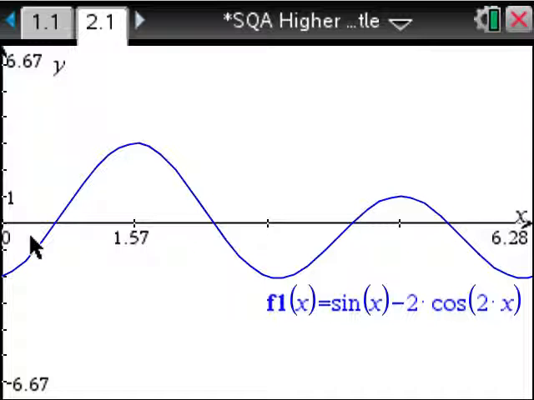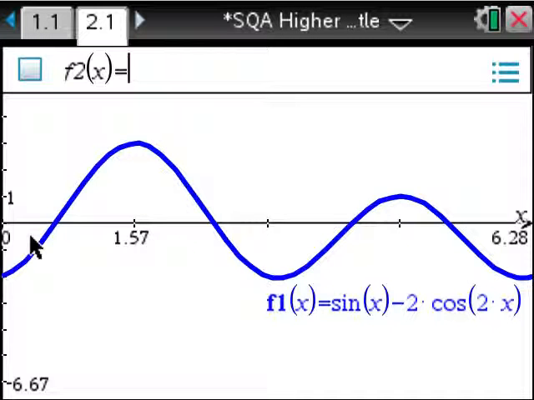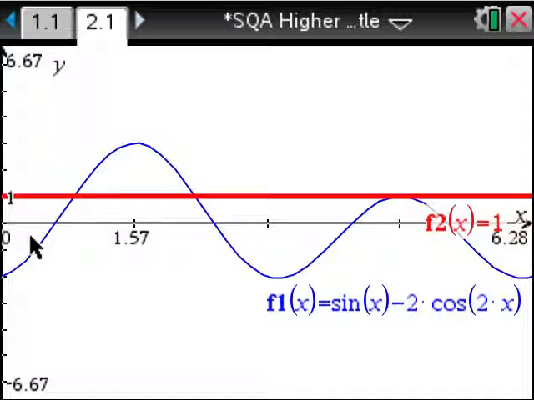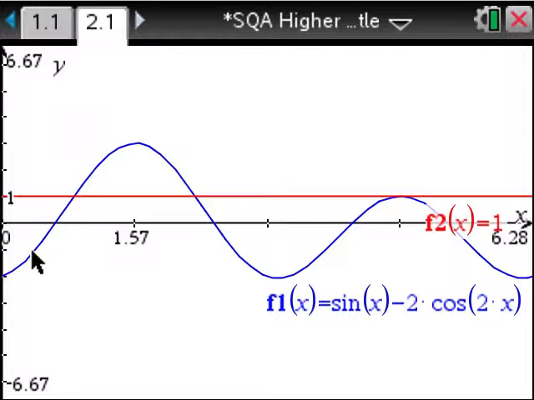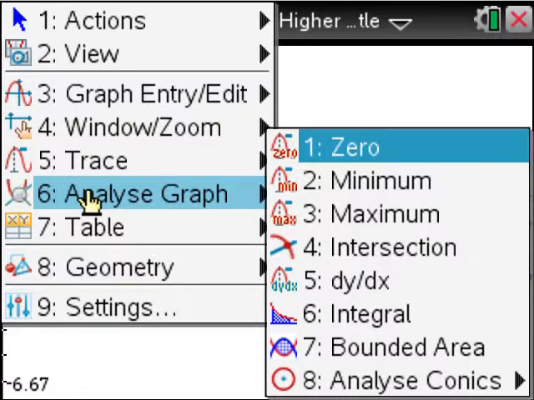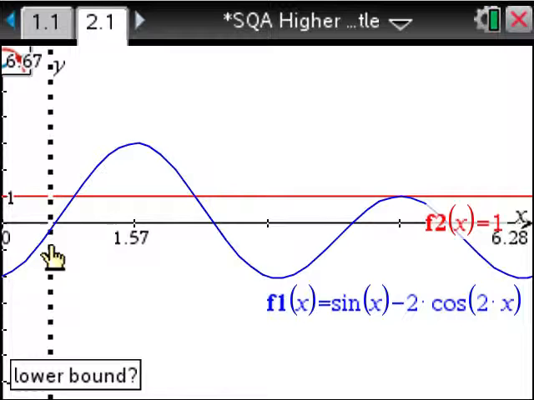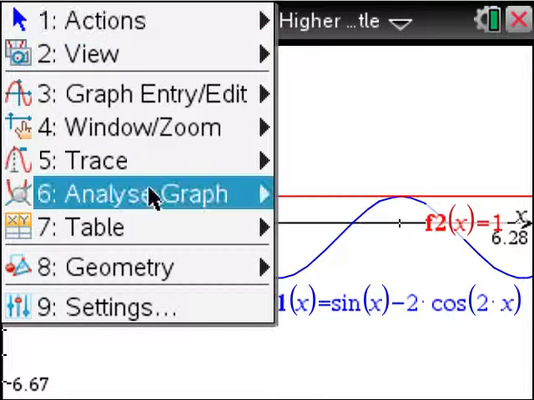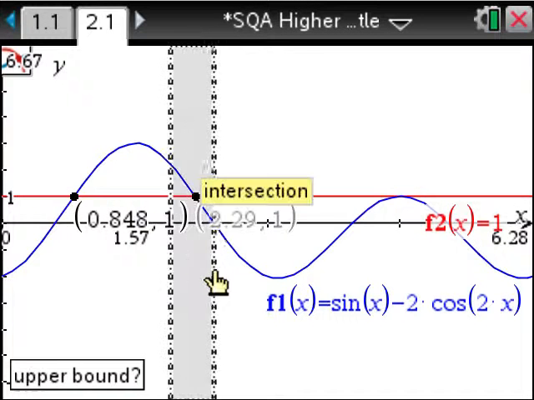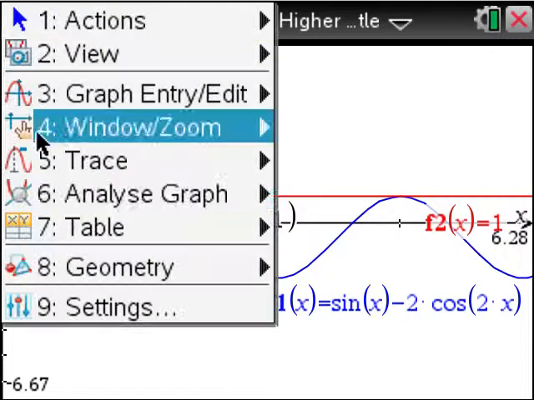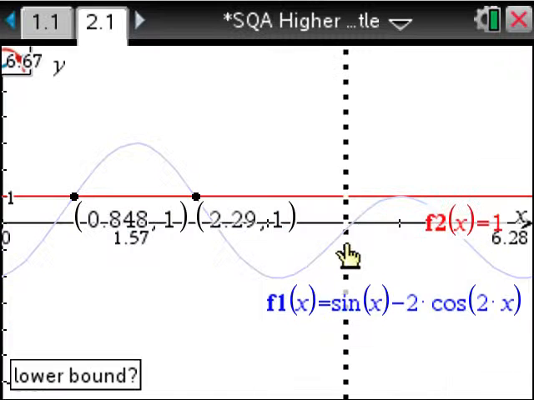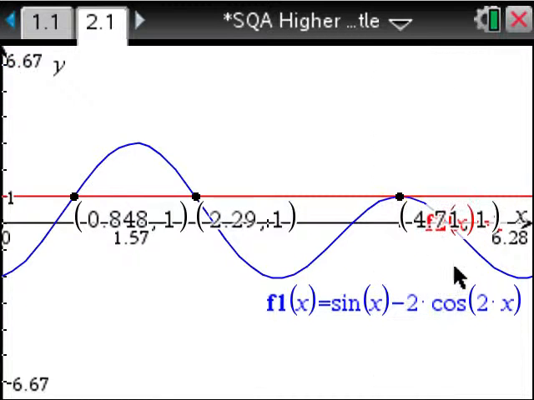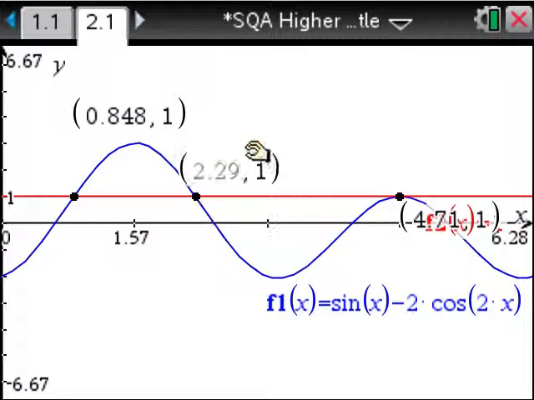Now I'm looking to find out when this expression is equal to 1, so I'll type in another equation here by pressing the tab key, press the number 1, and it looks as if I've got 3 solutions, although there may be 2 of them in the same place there. Let's go ahead and try to do this. Analyze graph, intersection. I can just go lower bound, upper bound, and then do another one. Analyze graph, intersection, lower bound, upper bound, and again for the third. So I've got 0.848, 2.29,